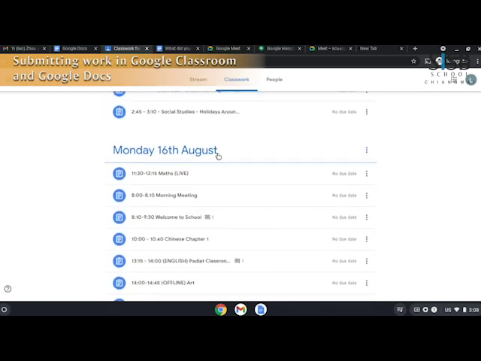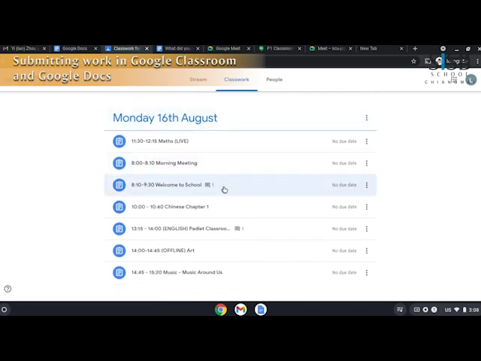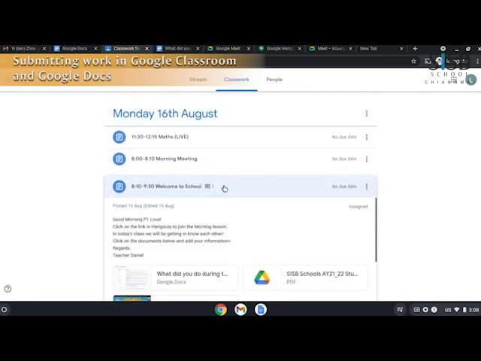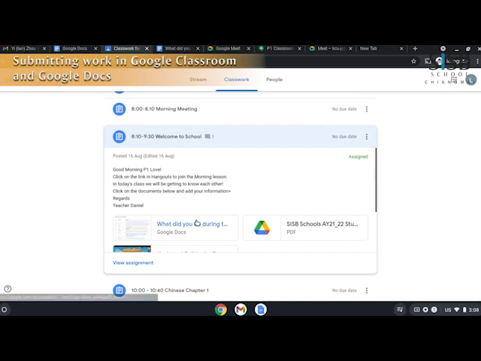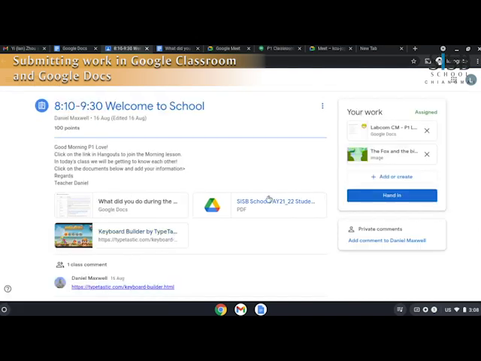Teachers will also often add work to the Google Classroom for the student to do. So there's an example here which we're going to have a look at now. I click View Assignment, and there's instructions there from the teacher, and the teacher's asking the student to write down in this document what they did in the holiday. So what the student does is they click on this document,